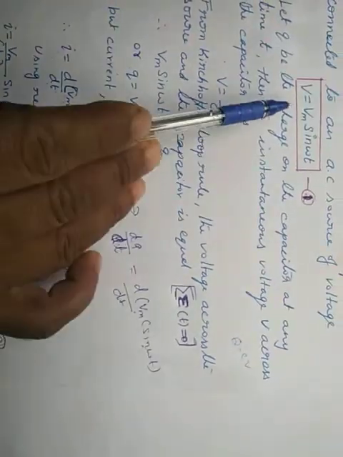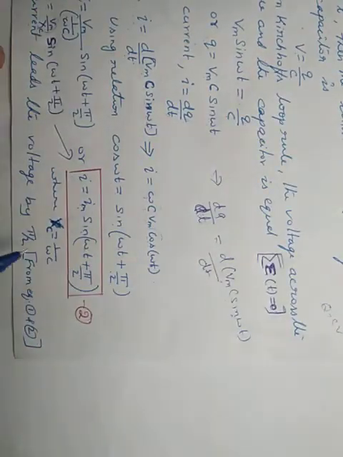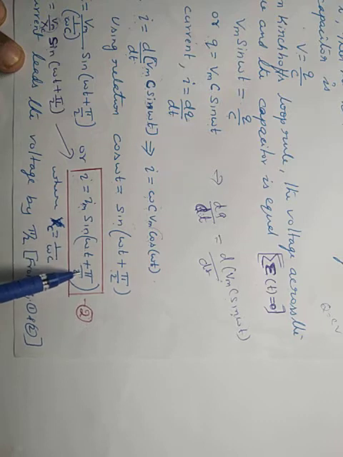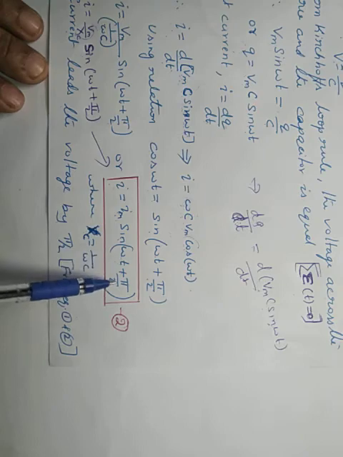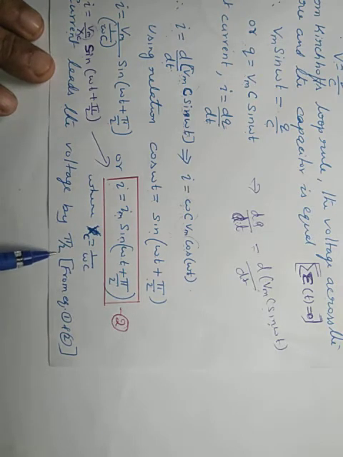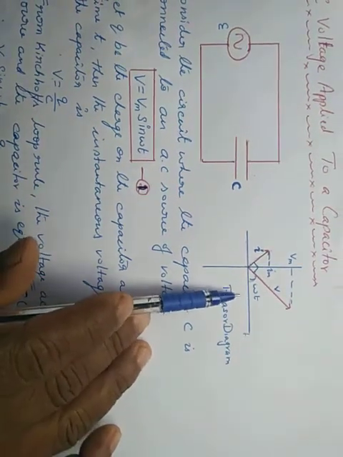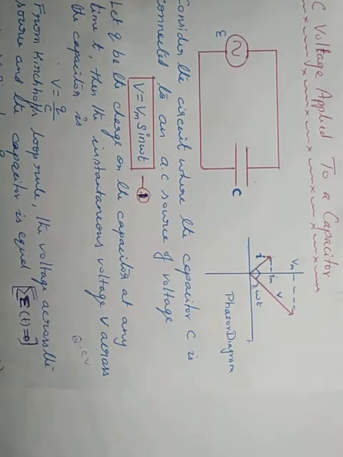If you compare the voltage for the AC source, that is Vm sin omega t, and for current it is I equal to Im sin omega t plus pi by 2. It is clear that the current leads the voltage by pi by 2. That is the conclusion you have to write. Then you have to draw the phasor diagram. It is very important for 1 mark or for 3 or 5 mark questions. So, next let us study the AC voltage applied to a pure inductor.